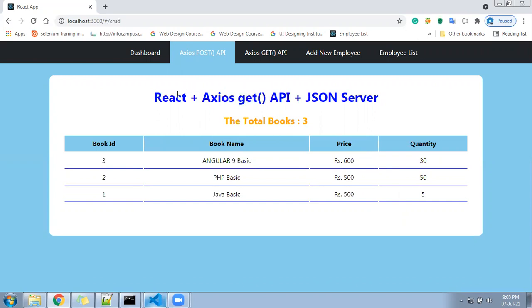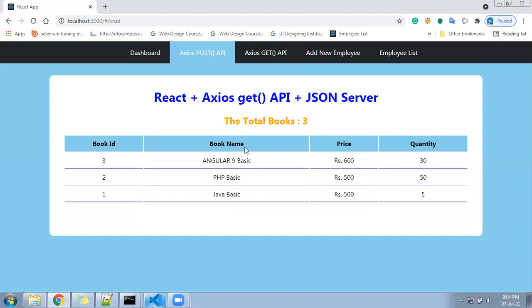With Axios.get we printed the data. I made it based on books, with name, price and quantity. I stored it, fetched it, and displayed it, and I hope you have gone through that video and practiced as well. In this series, we are learning many things from React. This is the 25th video, and in it you learned getting the data from the JSON server using Axios in a class component.